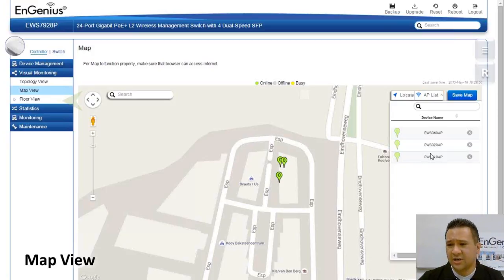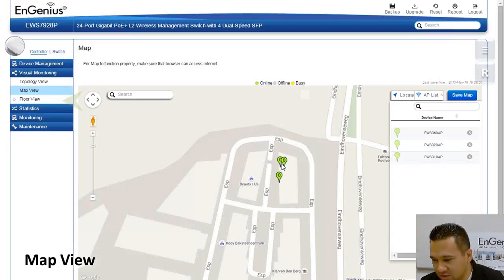So what you can do in the map view is to drag and drop the access points onto the right places. And actually, the map is mostly functional if you have multiple buildings on the site, so that you can visually plot out your access points on the map. For instance, I have so many access points in this building, and so many access points in the other building, and I can see the loading,